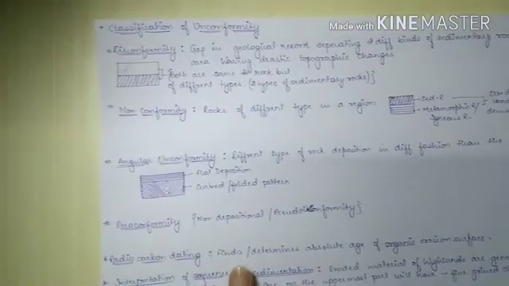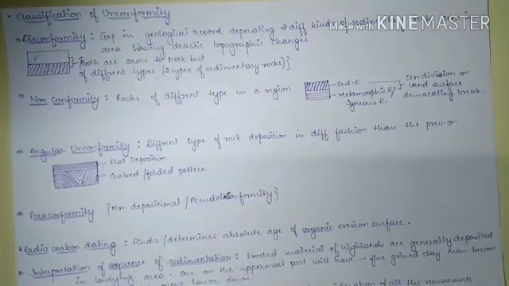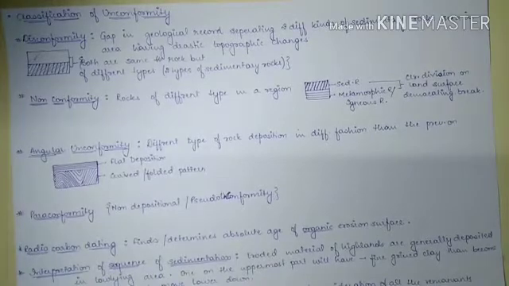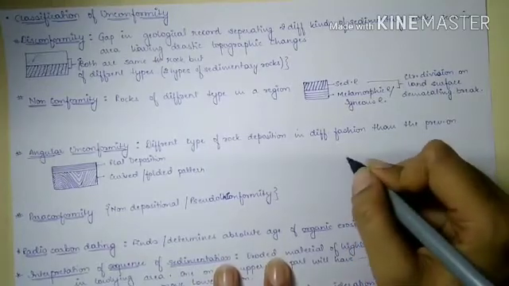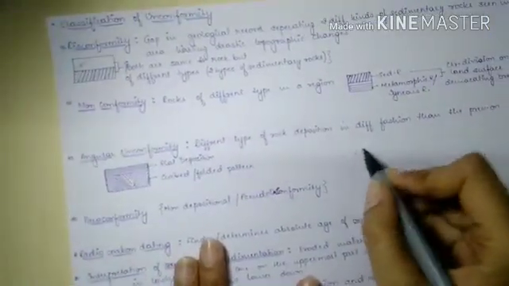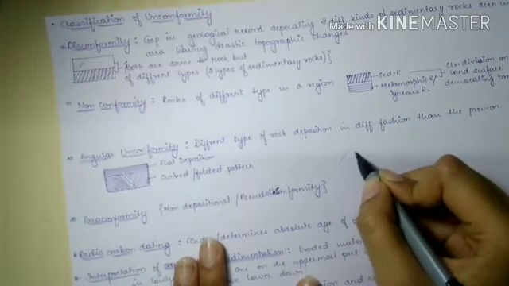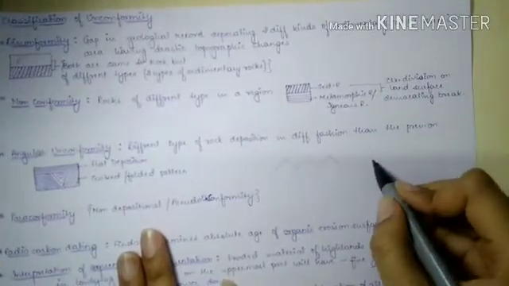Okay. Next is angular unconformity. Angular unconformity has a different pattern of rock deposition. So in this, what happens is, see, previously there was a mountain. Okay, this mountain starts to denude,